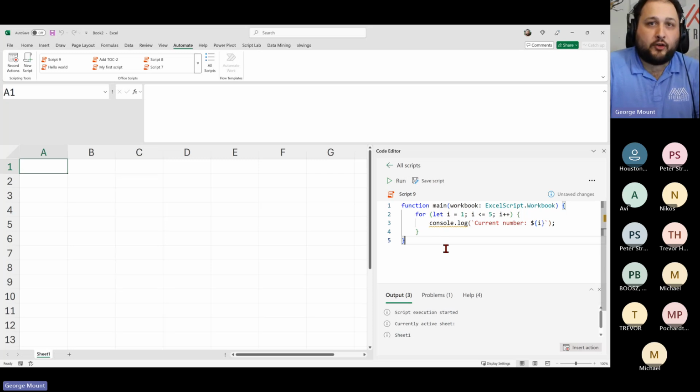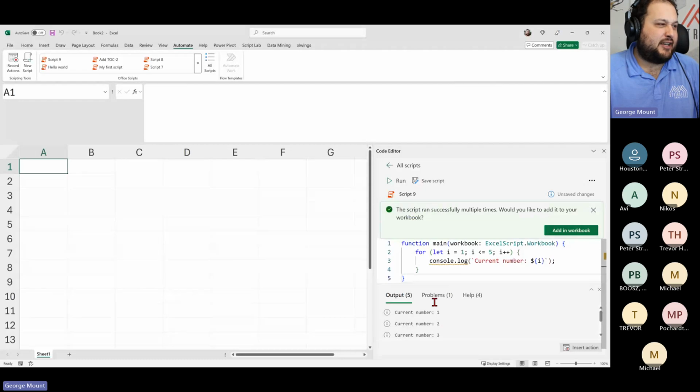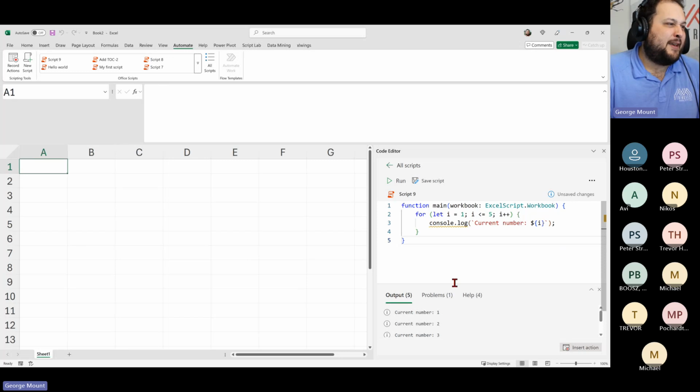So this is a for loop. If you've programmed before, you're probably familiar with the idea. From 1 to 5, we're going to keep incrementing up to 5, and we're going to print the current number each time. What this console log is going to do is just let us open up the hood and really understand what's happening here. So we have current number 1, and again, with Office Scripts, can we share this as a button? Nah, that's okay right now. So you'll see our current number.